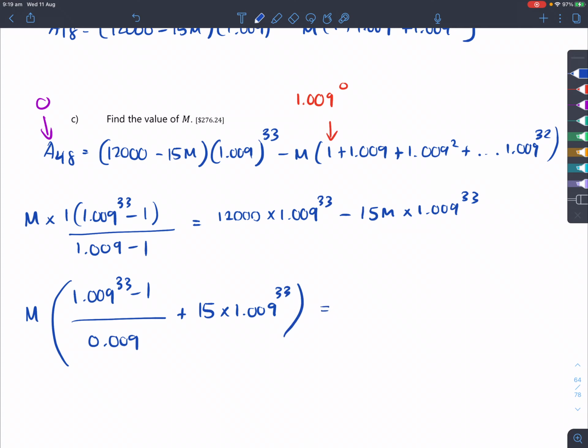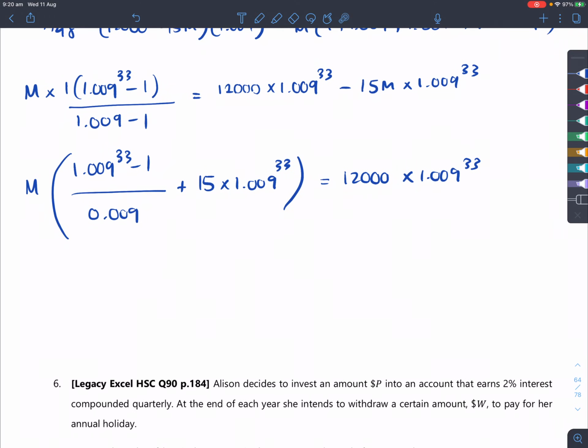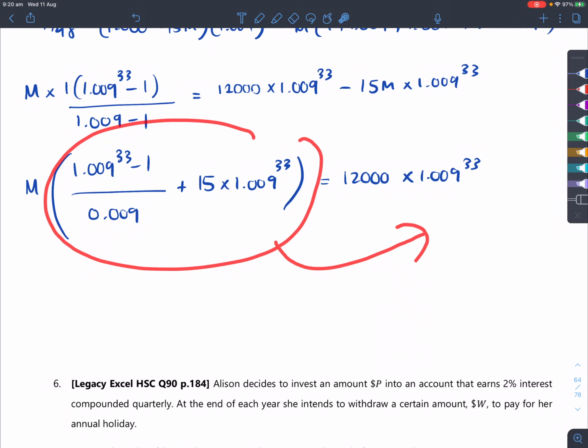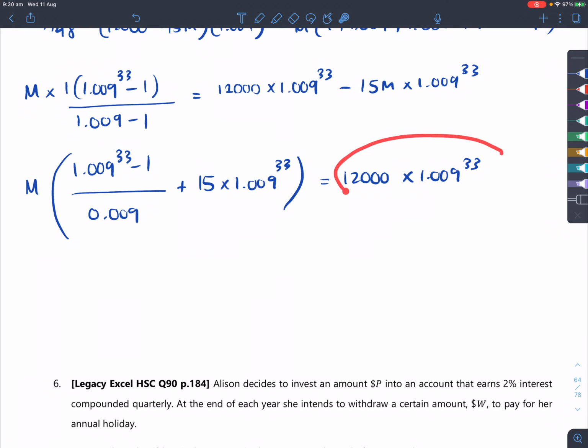And this should equal to 12,000 times 1.009 to the power 33, right? And what I'm going to do is divide this whole thing over. I'm not going to write that down, but that divided by all of this